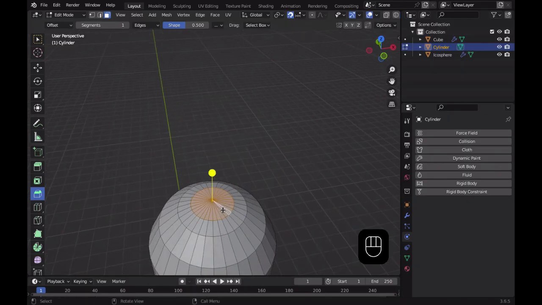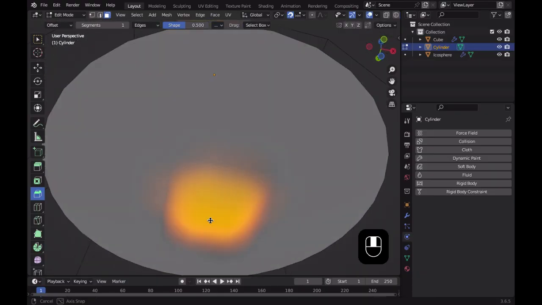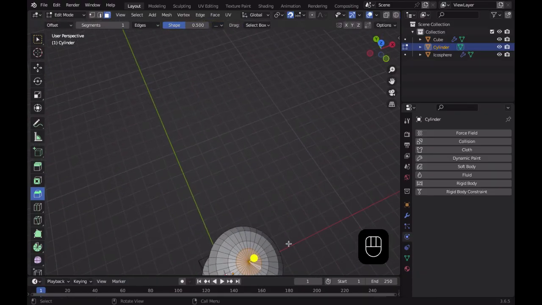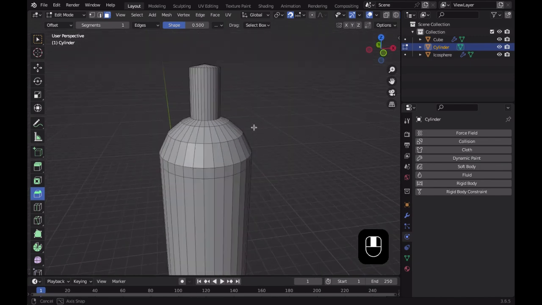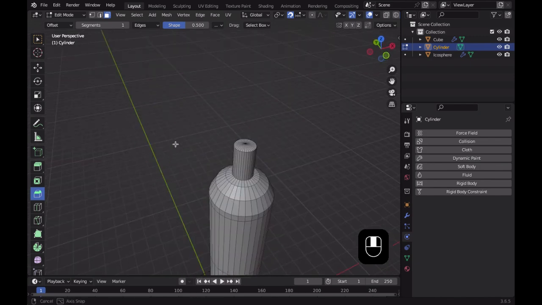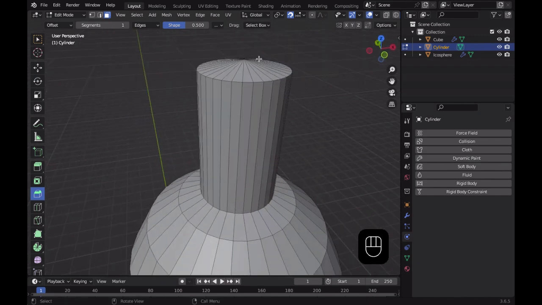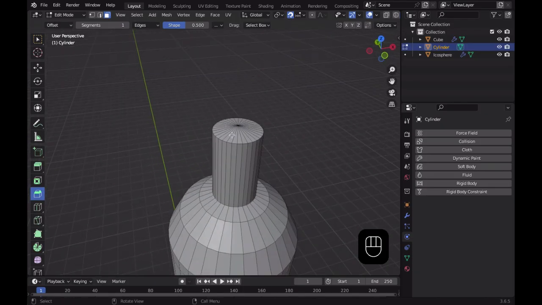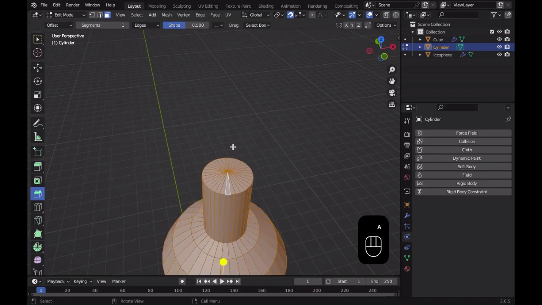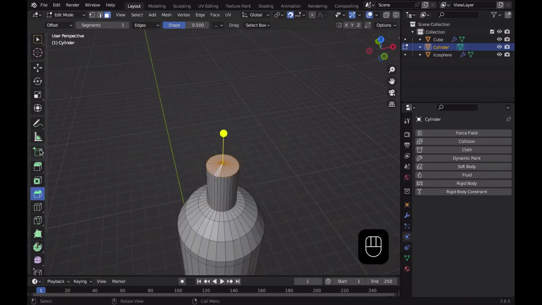Press Alt and then we click on that, and yeah, sorry about that. Move it up one like this, but we don't do that this time. I know why, because it was already up like this. So we press Alt to select the whole face, and then we press S